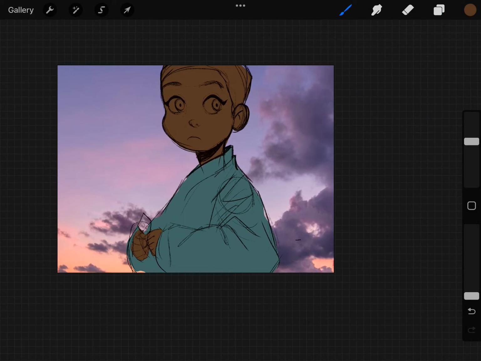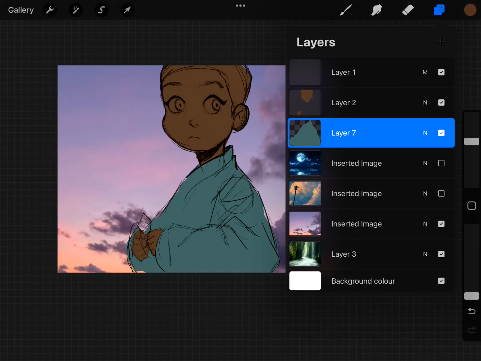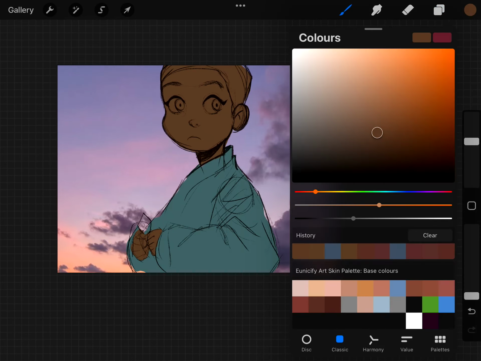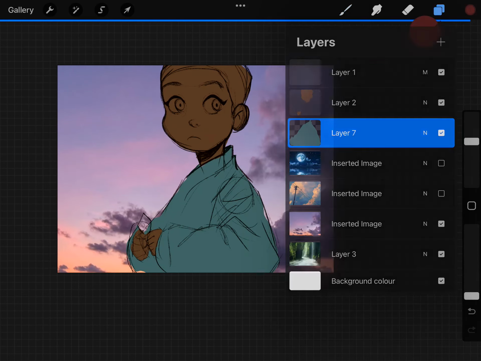That is because the background is more purplish in tone, and I also have to look at where my light source is coming from. My light source is coming from the back and the bottom, so it means that my character is in shadow. So that means that I will paint my character's skin tone to fit the background color a lot more. So now I'm going to go back to my slider and push my character's skin tone towards the purple. So I'm just going to push that as far as I can,